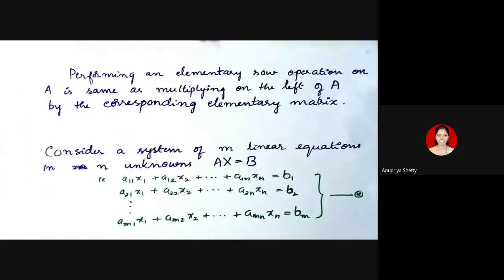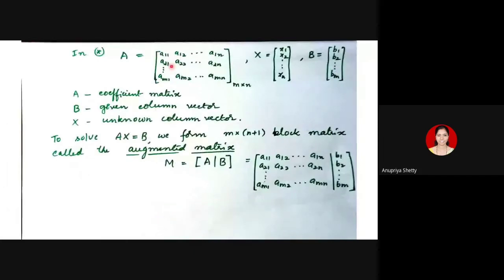In the system of equations star, the matrix A that you get after writing it in matrix notation is called the coefficient matrix. X is called the unknown column vector, or column of unknowns, because the xi values are the ones we need to find out. B is the given column vector. The entries in A will be given to us, and vector B will also be given to us. Our aim is to find a suitable x which satisfies Ax = b.